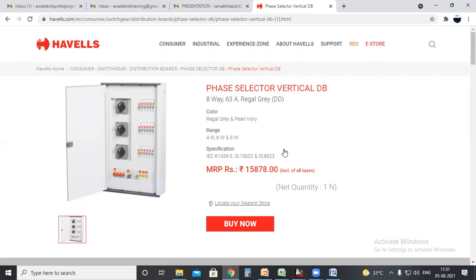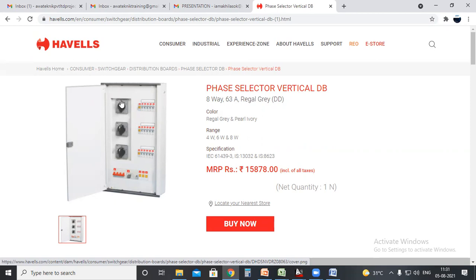Okay, whatever it is. In that case, this one is given to R, this one will be Y, this one will be B. Normally, to balance, you have to give it separately, R, Y, B, or Y, B, R, any order. It should be different, like R, Y, B. So, for example, on some special occasion, the supply coming through the R phase is gone. Okay, so you are having an emergency situation. You need supply in the circuit, all the circuit breakers. So in that case, you can just go and rotate this phase selector rotary switch to the Y phase.